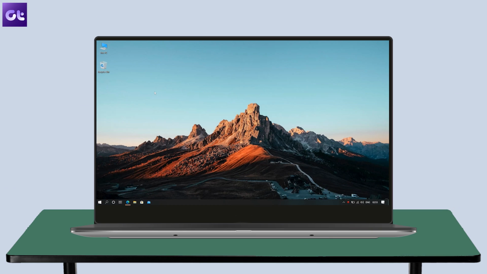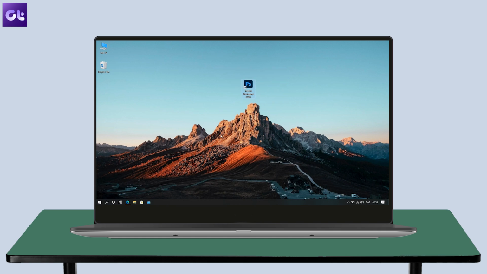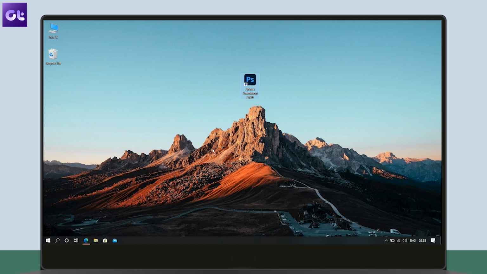Okay, so let's start off with something simple. Say you want to make a new folder on your desktop. So instead of right clicking and creating a new folder, just press Ctrl plus Shift plus N and that's it. Simple, no? Speaking of this, how about easily renaming stuff? Just press F2 on a file or folder to easily enter the renaming setting.